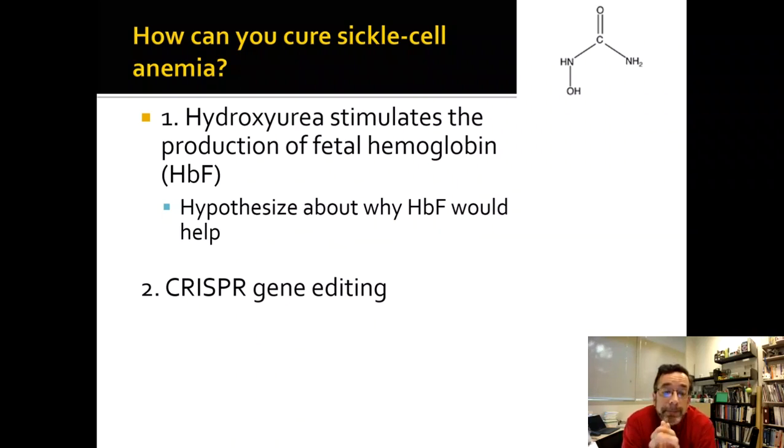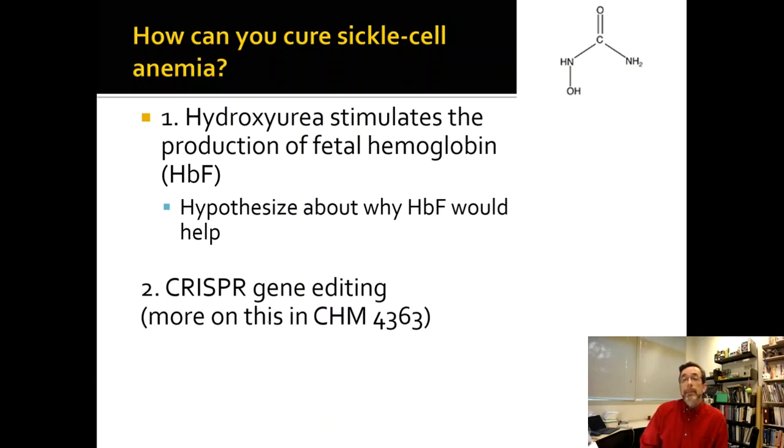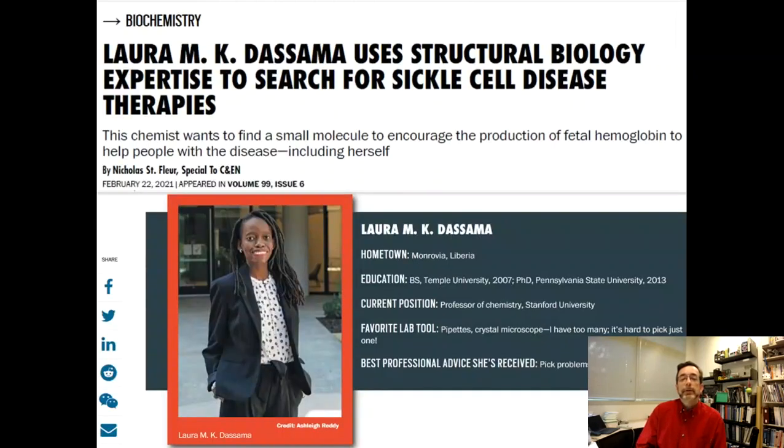The other thing you might say, we get into the genes. The genes had the mutation in the first place. It's just one nucleotide, right? What if we could edit that nucleotide? Now, it's not that simple because you got to edit it in all the red blood cells and you got to make it stick. You got to make sure you're not editing anything else. But this is part of a therapy right now. And we are going to talk about CRISPR and its complications, its DNA metabolism. So we're going to talk about that in Chem 4363. Okay? So take that class if you want to talk more about CRISPR. And just know that CRISPR gene editing is actually in progress right now.